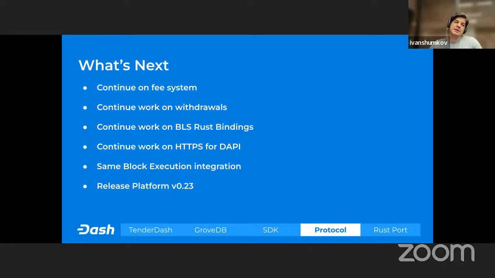Thanks. We continue to work on the fee system, which Sam talked about today, and we also continue work on the withdrawals. After the withdrawal queuing, we're going to work on the signing of withdrawal transactions. We also update some documentation.